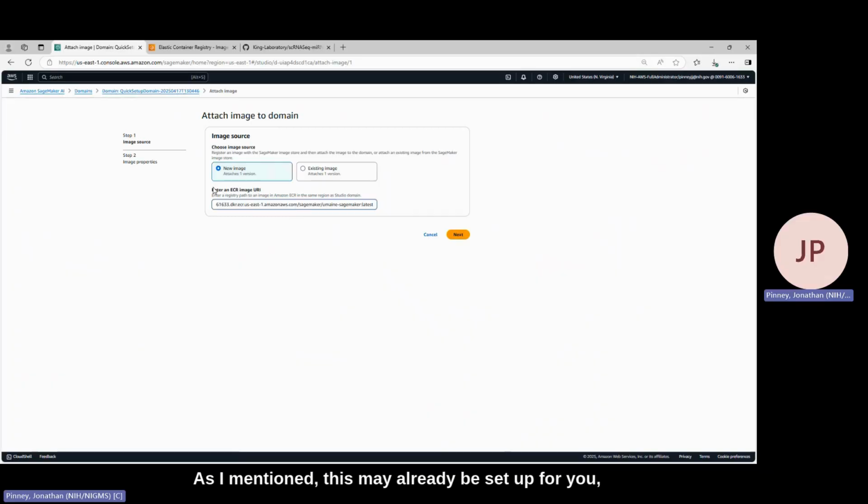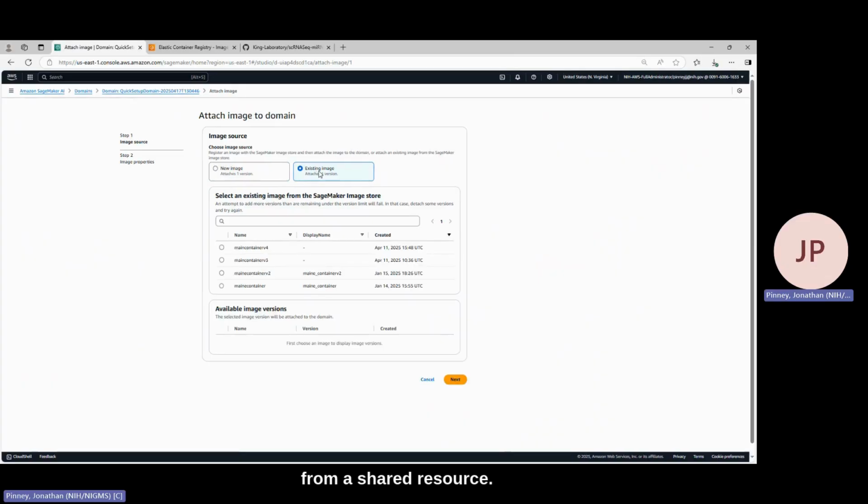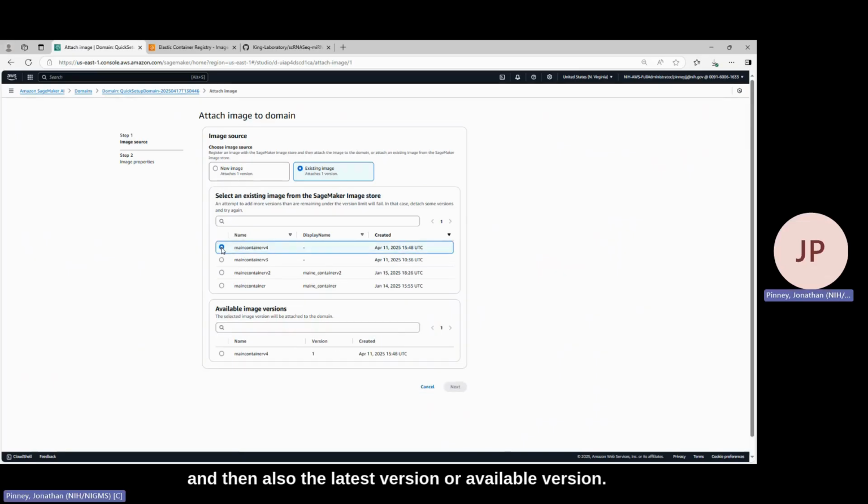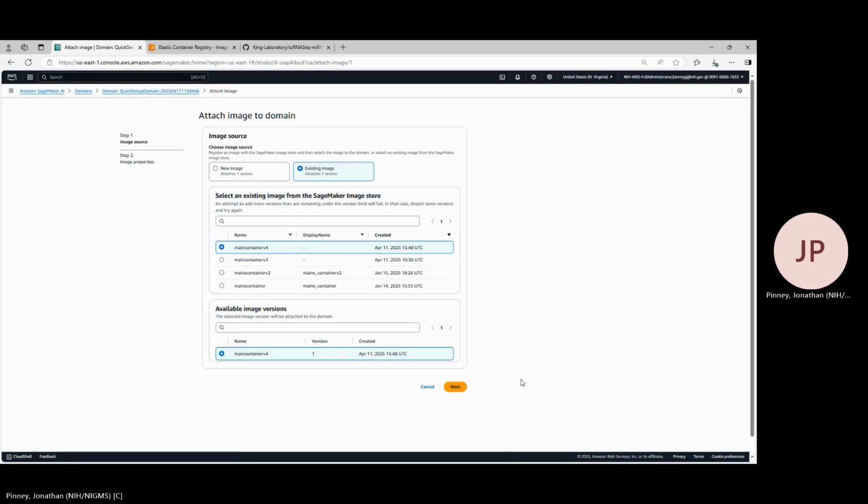As I mentioned, this may already be set up for you, and you may just be attaching an existing image from a shared resource. In this case, when you click on Existing Image, your image should show up in the Existing Image section of this page. Here, we'll click on Main Container 4, and then also the latest version or available version of this. We would then click Next